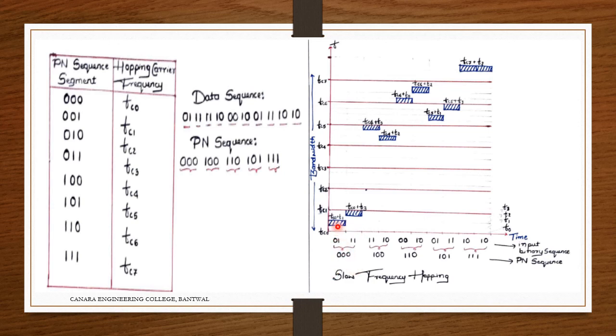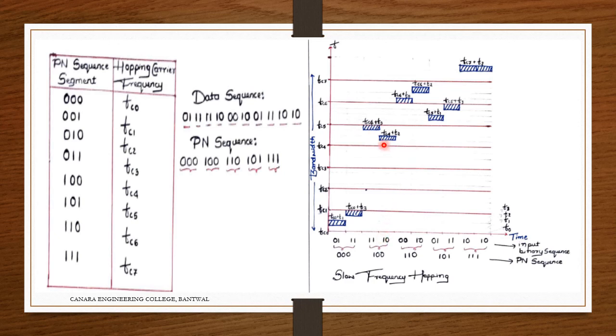So 0 0 and 0 1. So it is FC0 plus F1. Then 1 1: FC0 plus F3 because of 1 1. So the last bit it is going to have. We don't have 0 0 here, so this is empty and the others are empty. Next 1 1, but for which one? 1 0 0. So 1 0 0 is FC4. I'm going for FC4, and it is saying 1 1, so the fourth one it is going to map here.